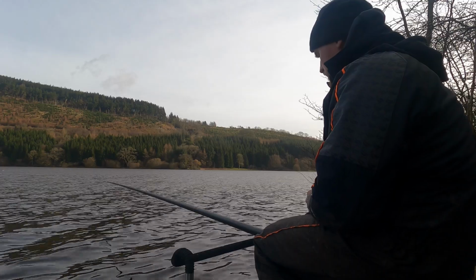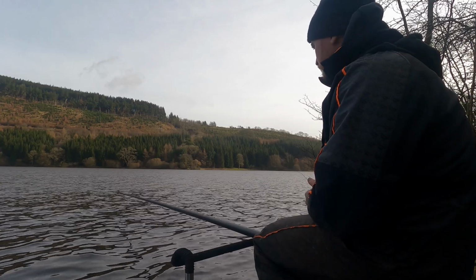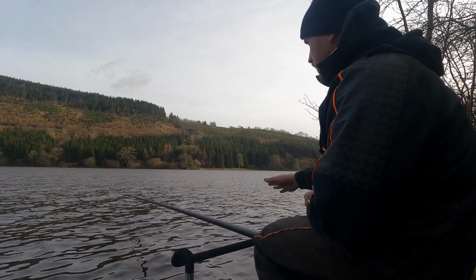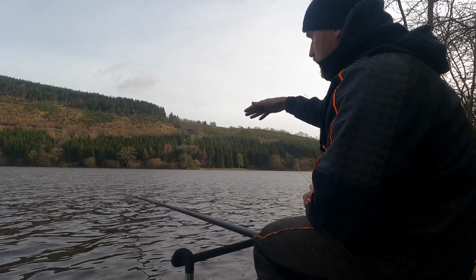So I'm in the front rest, because I've had a little run through with a rig with no bait on it, and it's towing quite hard against the wind. So with this rig, it's going to be a case of putting it in the front rest, and probably like 5 inches over depth on this line. It's quite rocky,